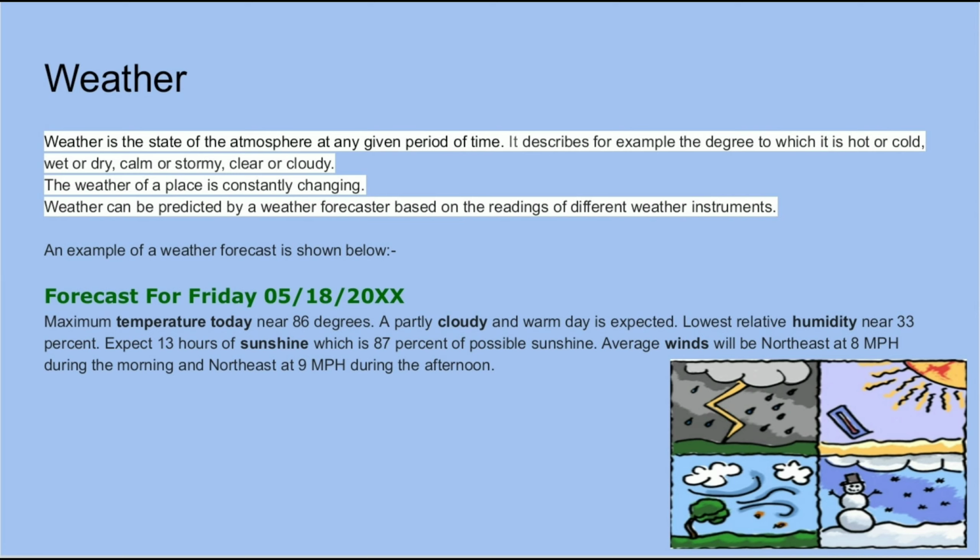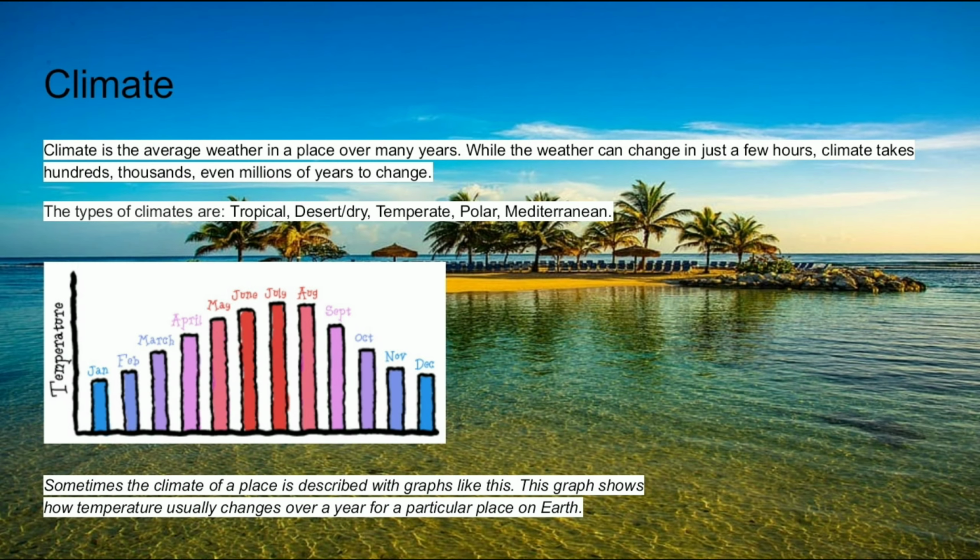It can also go into more detail and speak about tides and stuff like that, but this is just a general weather forecast. So the next thing that we will be speaking about is climate. Different from weather, climate is the average weather in a place over many years. So what is the constant weather pattern displayed over a specific area? The thing about climate is that it is studied over 30 years or more. So we know that this is definitely the typical weather pattern that should be experienced in this area.